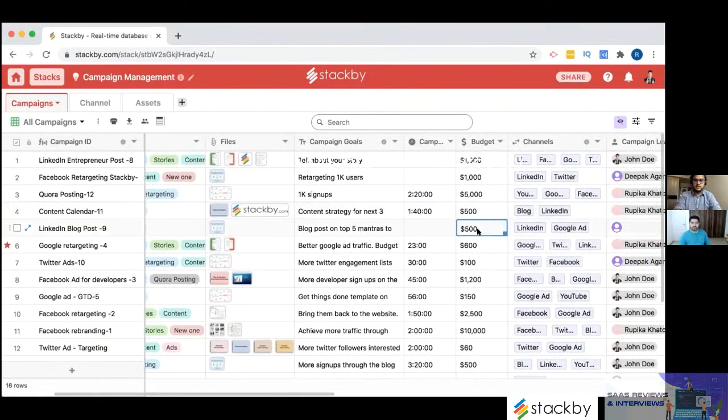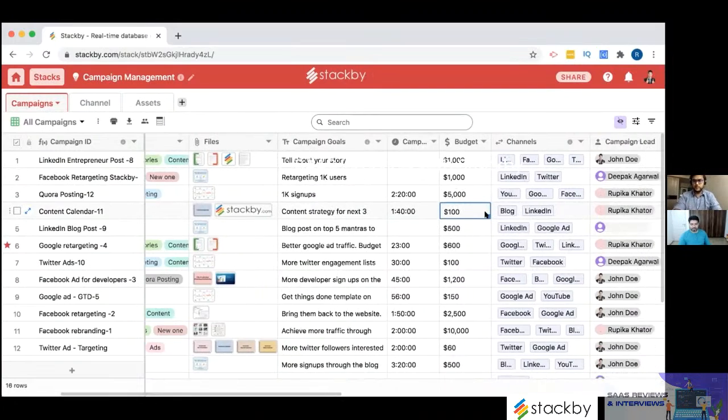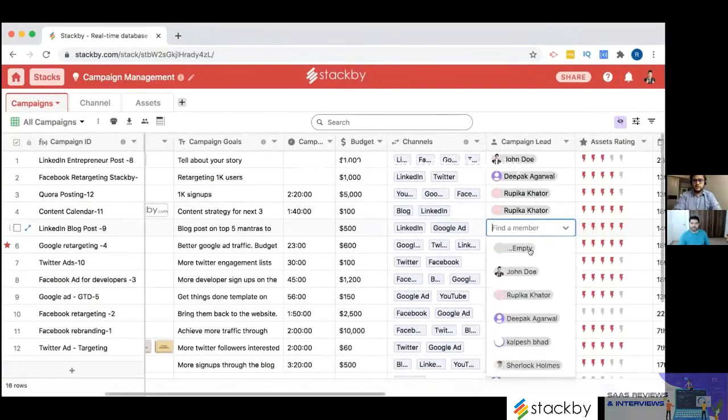Then there is a number-based currency column type, where you can change the currency or a number, but if you try to write ABCD, it won't take it. It will only take a particular format as you want. You can assign people.